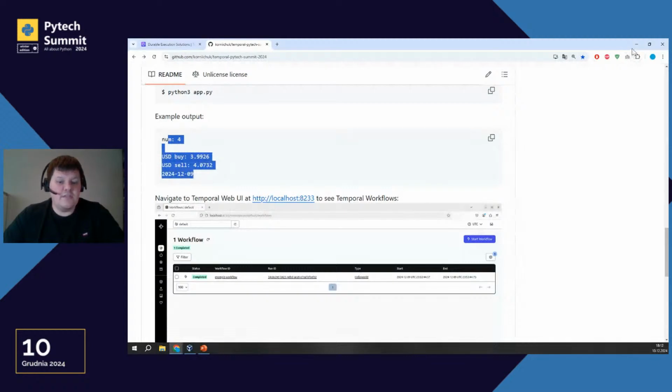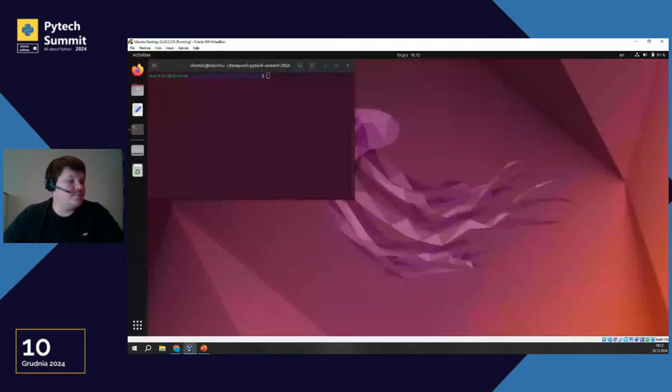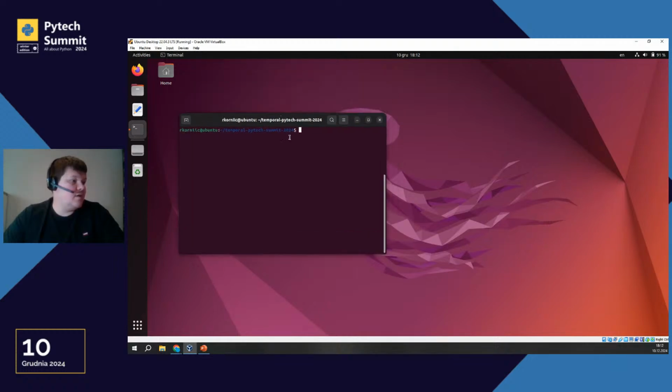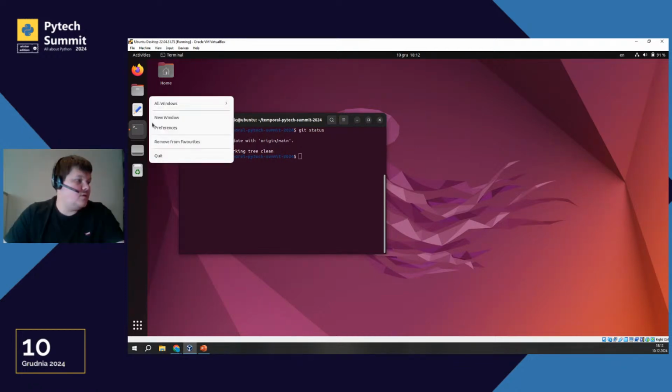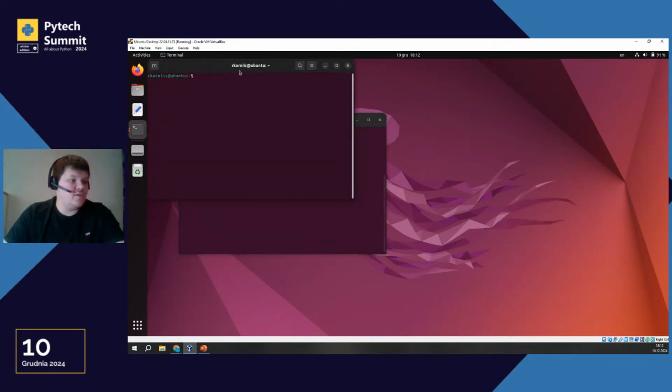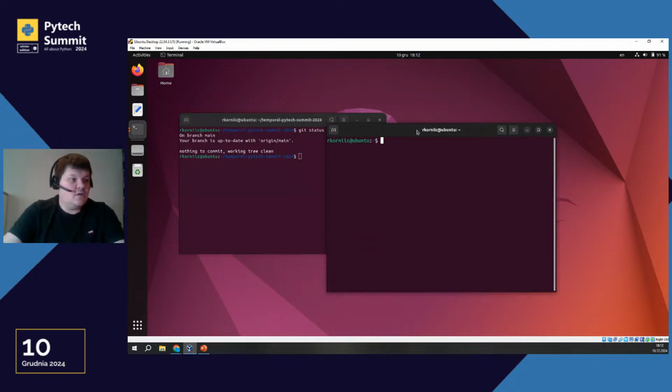So now let's check Ubuntu. Yep, it still works. I just cloned this repository. I have this repository locally. You can do the same because it's public. And let's open one more terminal here and execute our server.